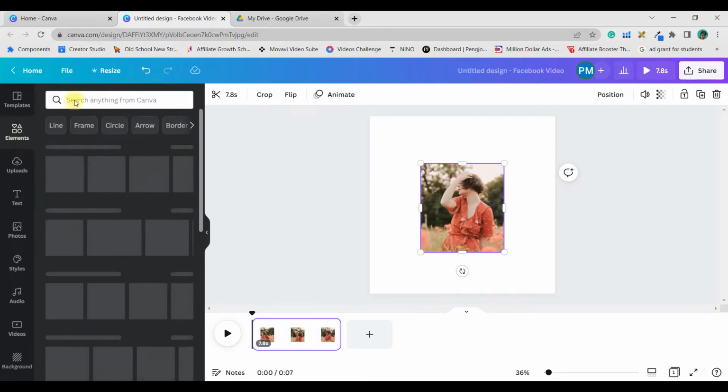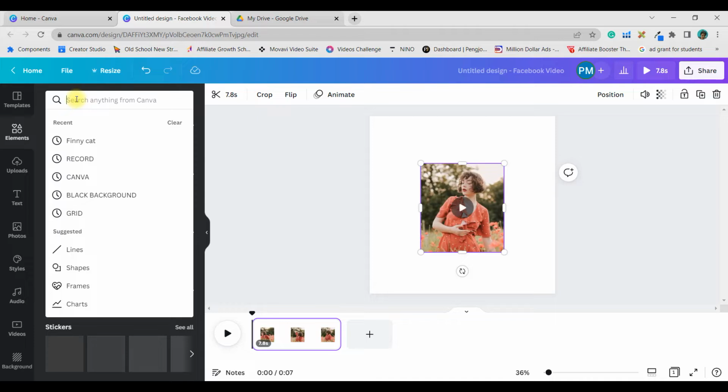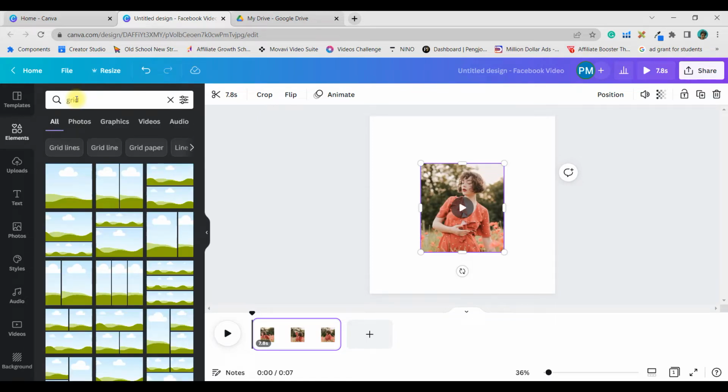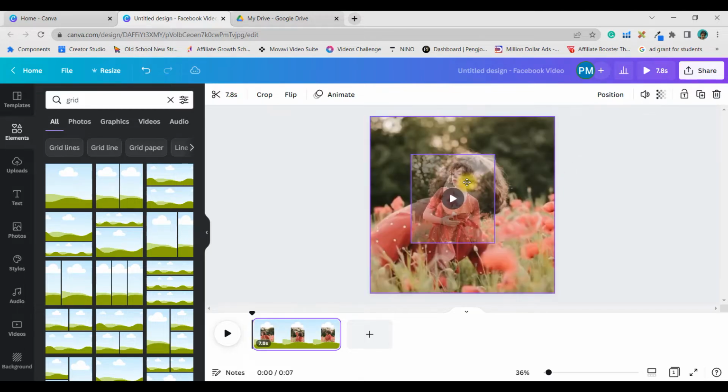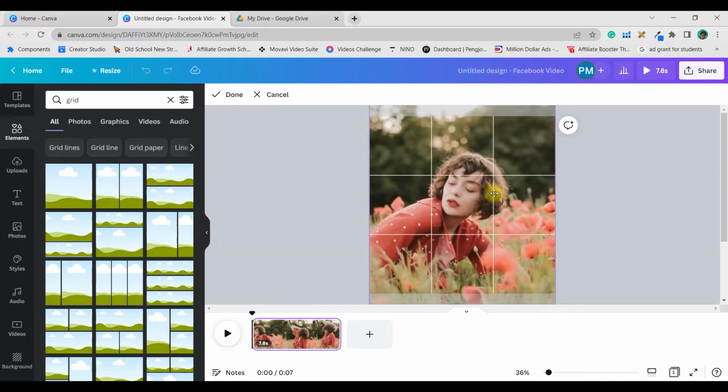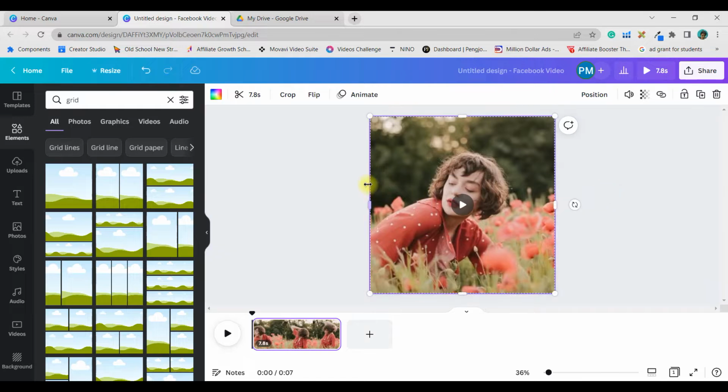then I'm going to go to element and take a grid. You may ask me why do I take a grid. The reason being a grid makes any video fit into any frame or any aspect ratio. So if I take this grid and if I simply drag the video out here, it will take it automatically in the grid, right? I don't really have to drag and pull and resize this video as per the aspect